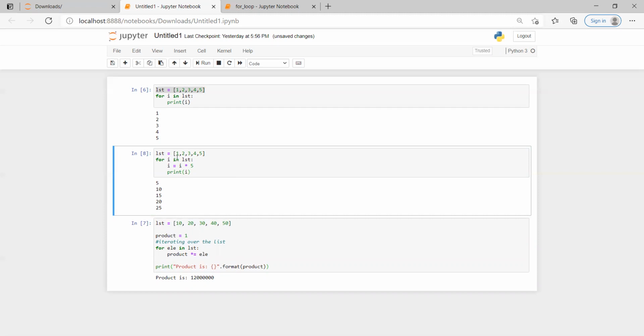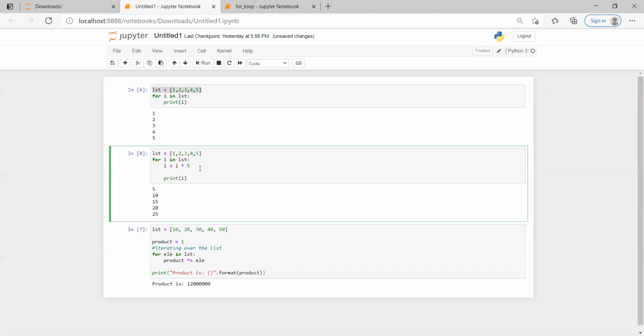That means for each iteration, it is going to increment itself and pick up the value from the list of values. That's how it is going to use it. Okay, so suppose I want, let's say if i is equal to 3, I don't want to print any value. So what will I do?